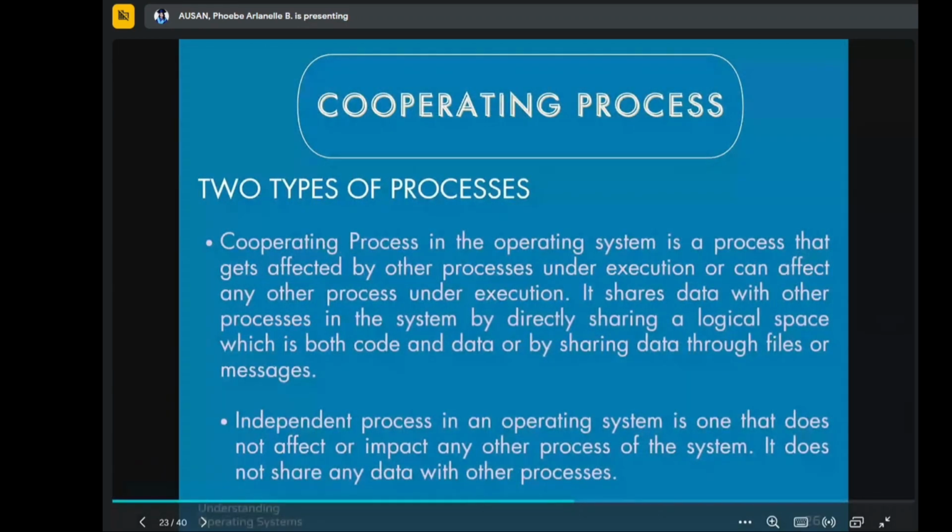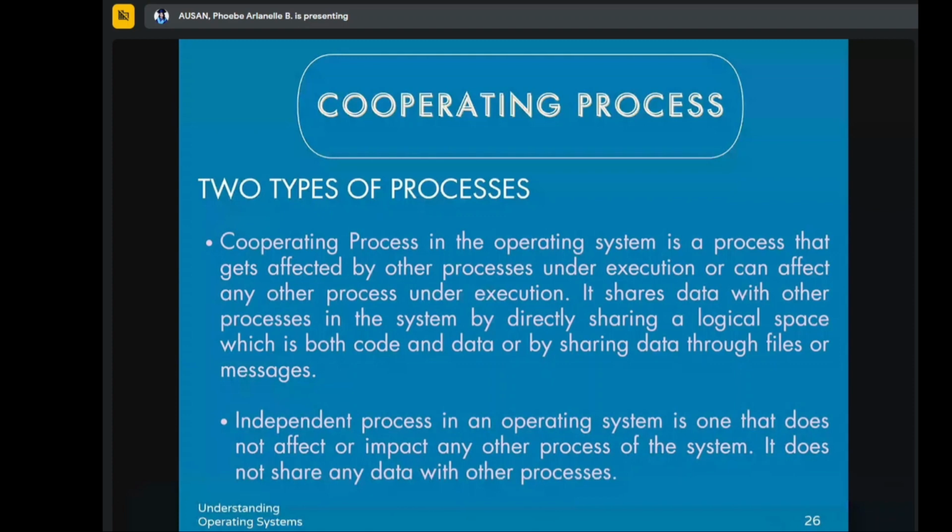So in the synchronization, there should be a coordination of processes. That's it for the process of synchronization. In the operating system, a cooperating process is a process that gets affected